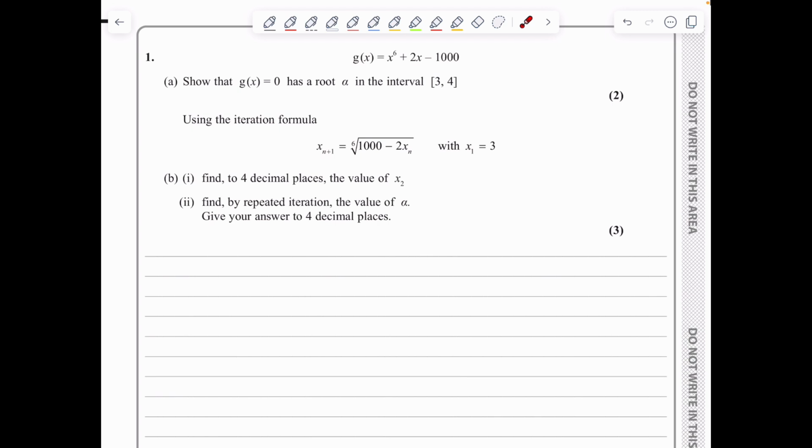In question 1, we've got g of x here, and we need to show that g of x = 0 has a root alpha in the interval 3 to 4. So all we need to do here is evaluate g of 3 and g of 4, and we're hoping for